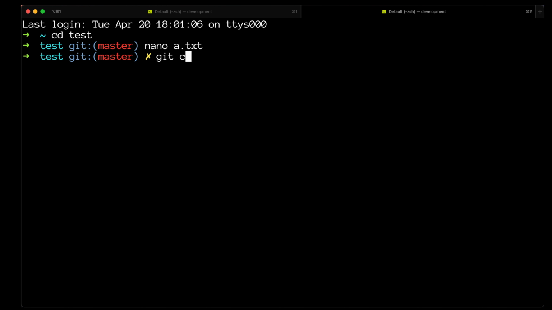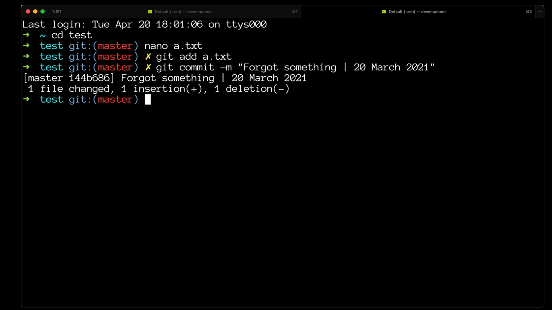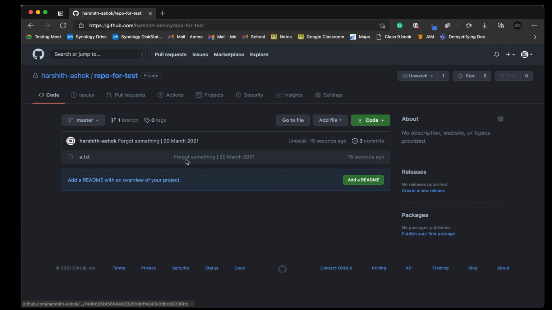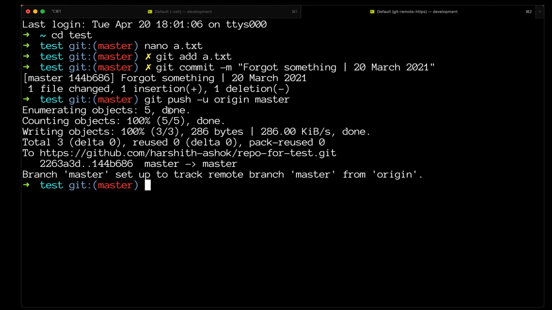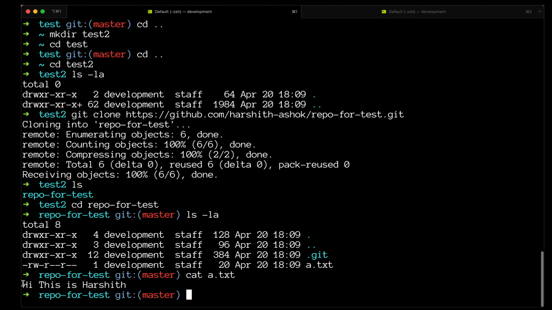And now when I give git add a.txt and git commit -m forgot something, and 20 March 2021, and I'm going to give git push -u origin master. See, now we can see that the commit forgot something has been made, but over here when we give cat a.txt, you can see that this has not been changed.